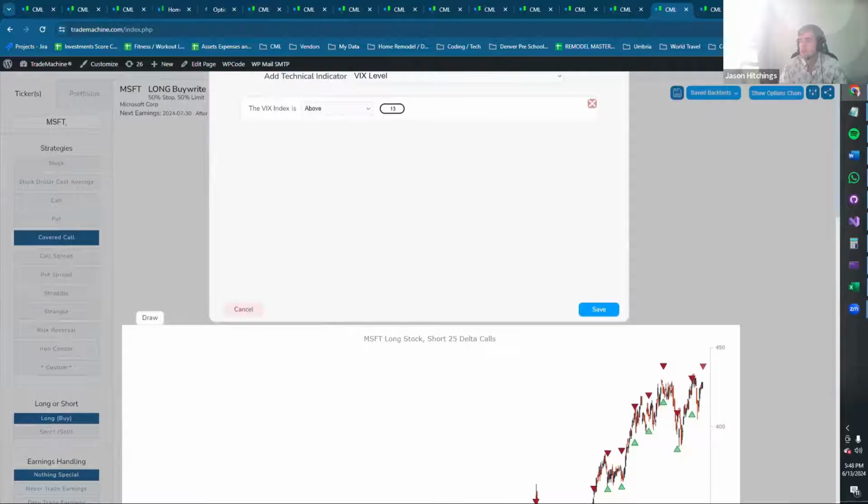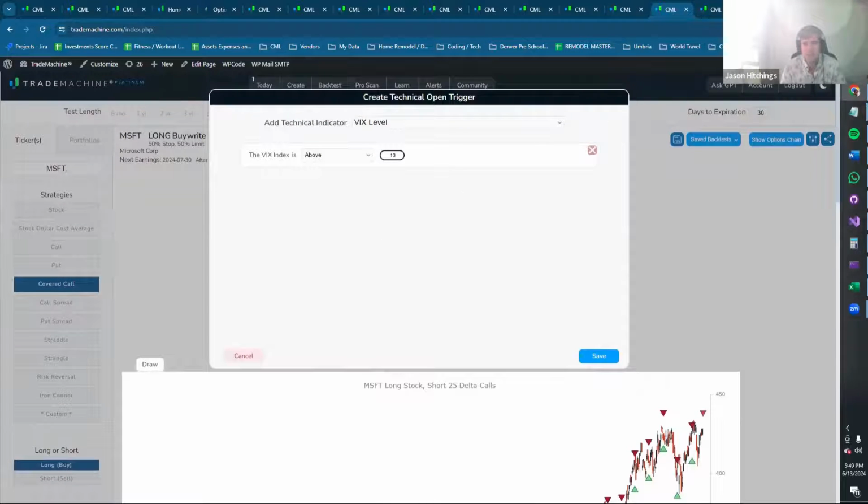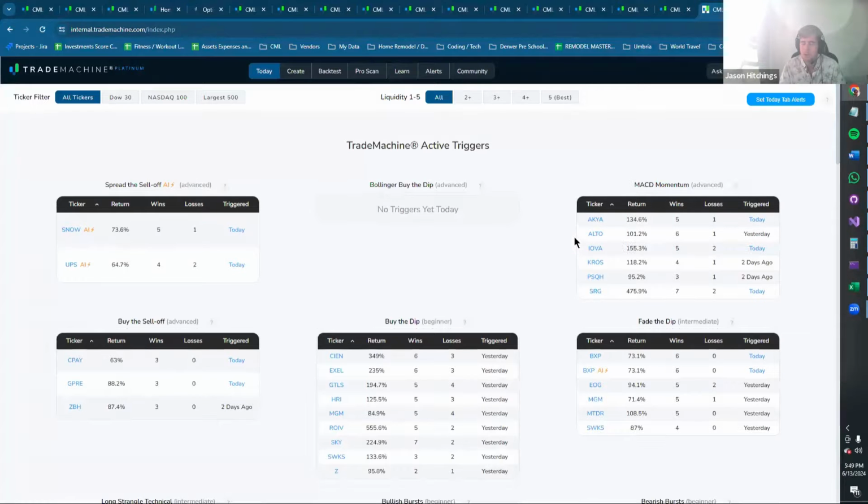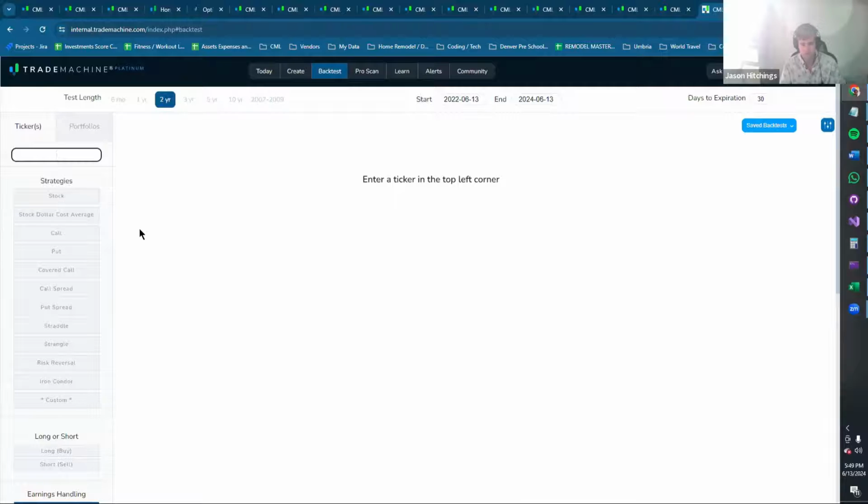An approach to options would be nice to mute deltas and attempt to forecast implied volatility. If so, can the system help me with that approach? Kenneth, so VIX has some implied volatility. We're actually putting an IV index and HV index in the product very soon. See if I can give you a sneak peek. So this would be a way to actually trade the implied volatility and historical volatility directly.